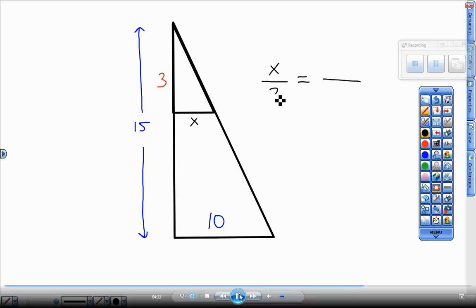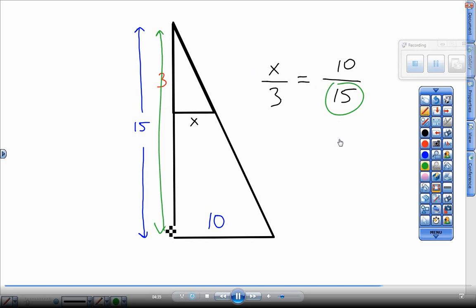I'm going to go x over 3. So that's going to be the bottom of this little triangle over the up and down piece of this little triangle. As long as I set that equal to the bottom of this big triangle, 10, over the entire up and down piece of the big triangle, 15. So x over 3, as long as I set that equal to 10 over 15. The fourth word is shark. Shark. So now when I crisscross multiply these, x times 15,